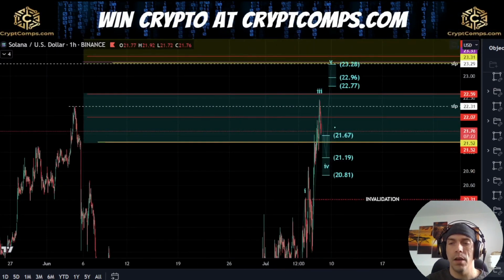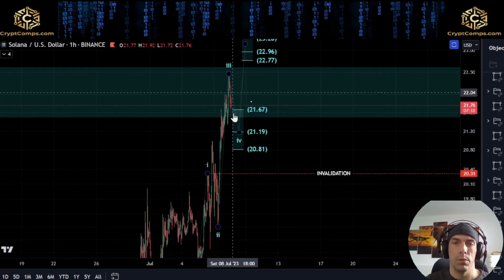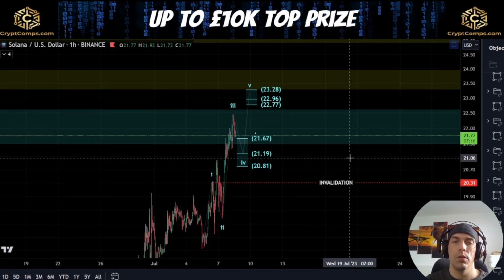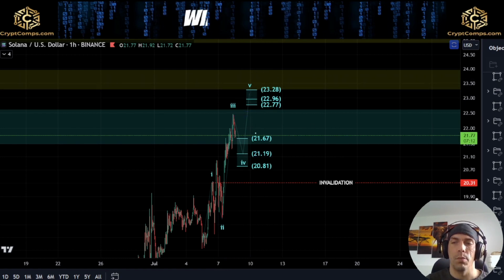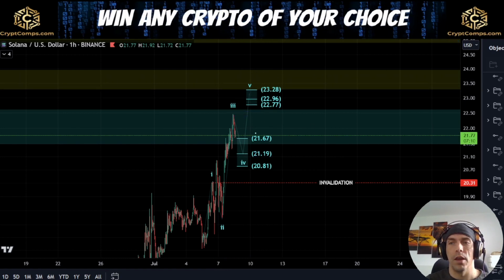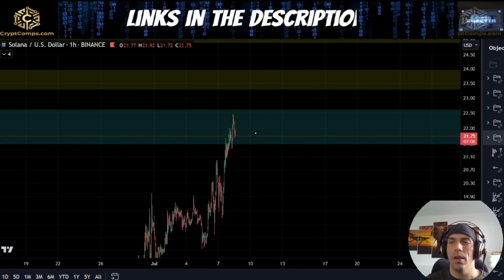So going to be keeping an eye on that if we do see price look to continue to push up here, and we do find support here for this fourth. Potentially we could see a little bit of an extension here within this fifth wave, which could look to push us up into that zone, which would still align with that idea of that corrective move to the upside. So the key thing here really